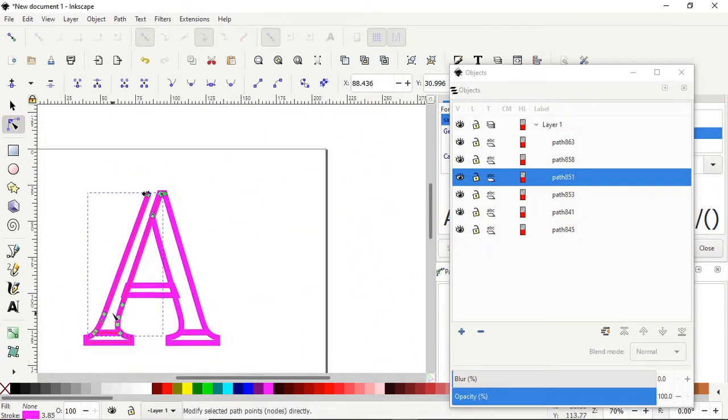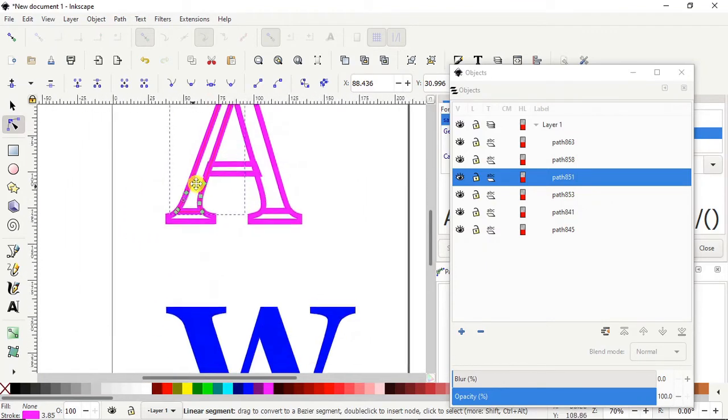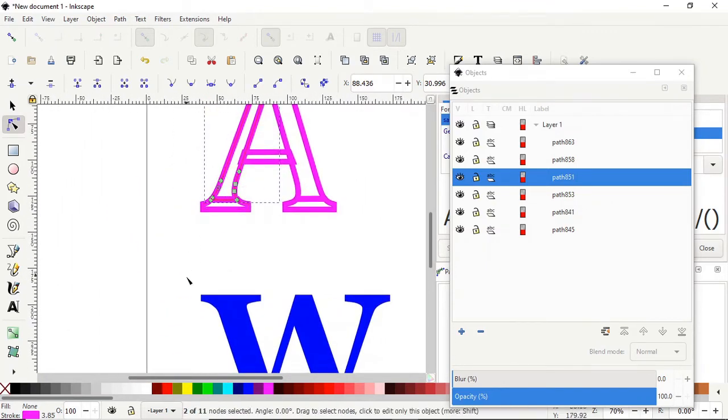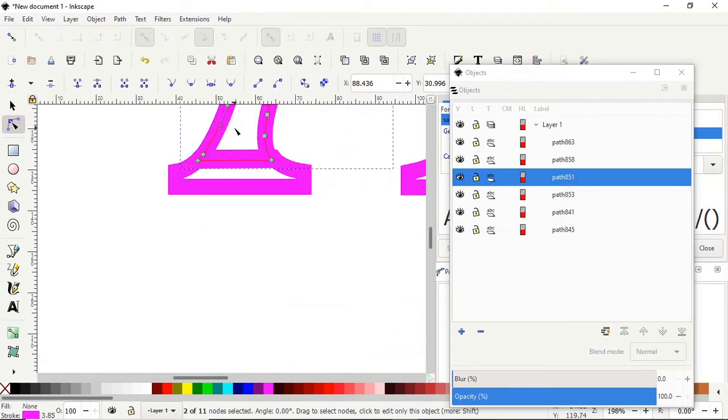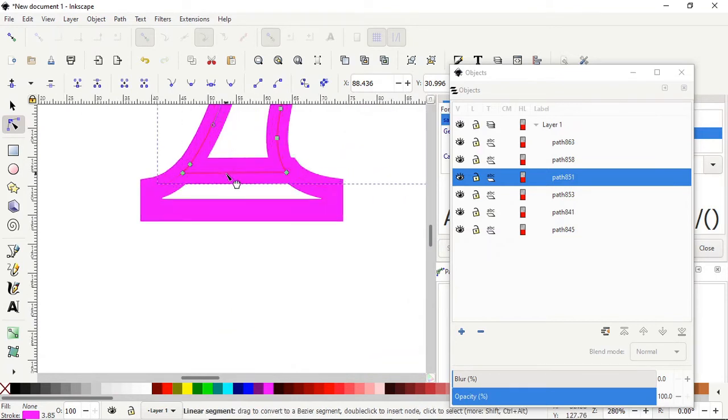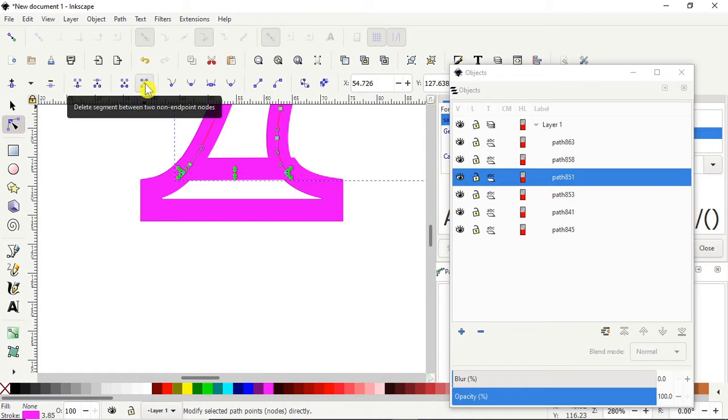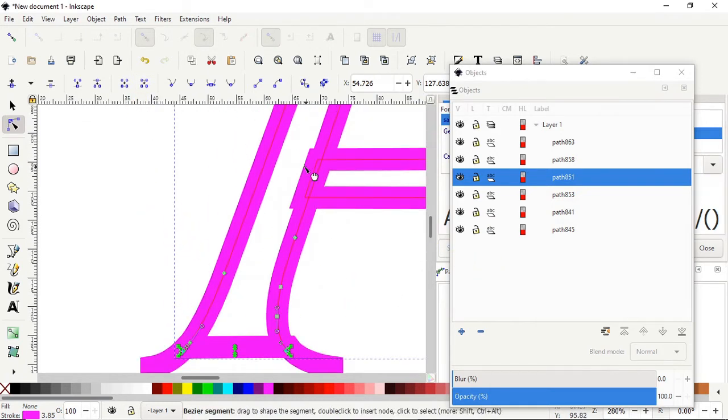And then we'll move to the bottom part, select the line, and go and delete segment in between. And then